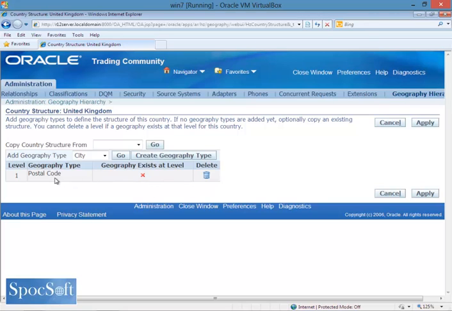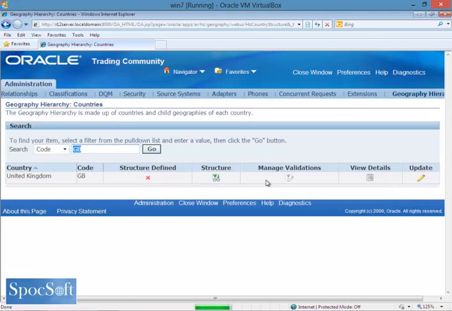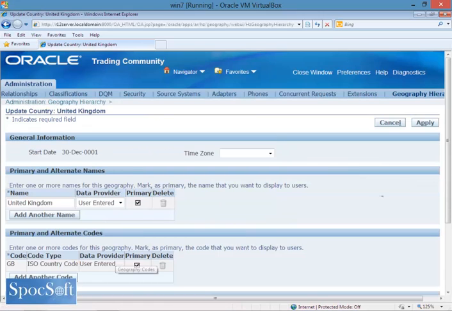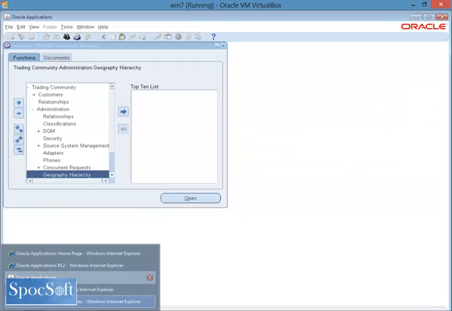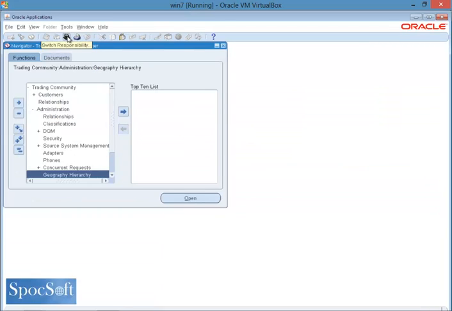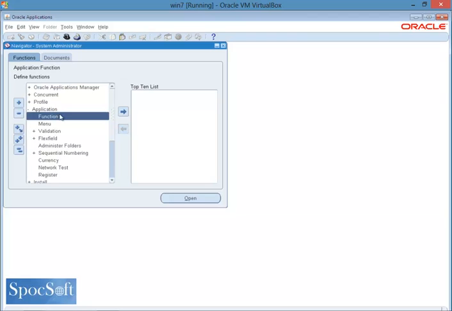If you want to have a TCA hierarchy here, you need to create a code. If I go and create a code for postcode, and you create a custom value set, I'll link the value set against